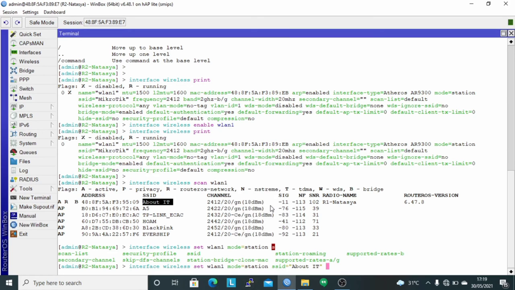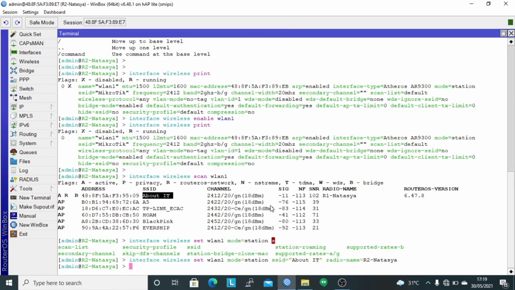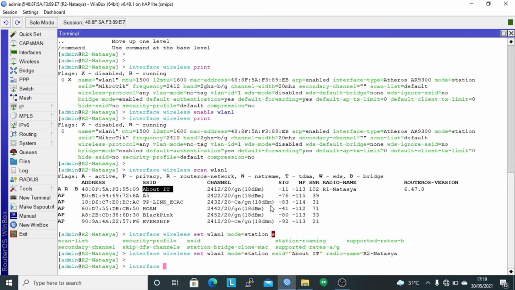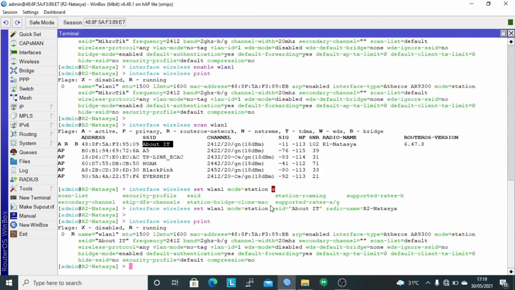Add a radio name, and here use identity router, namely router 2 strip Natasha. And check with the command interface wireless print. It can be seen that the interface WLAN 1 is running or connected to the access point about IT.